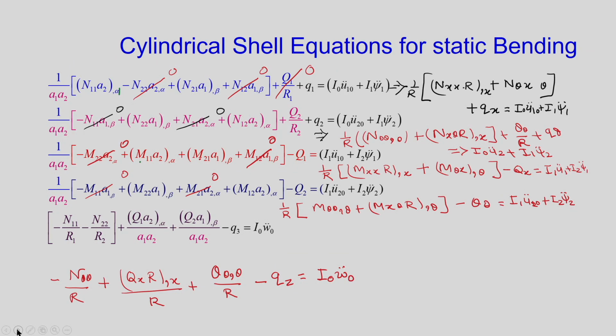Then can we convert our governing equations to the present case? So if we talk about the first governing equation, so 2 comma alpha and 1 comma beta, the derivative of Lame parameters is going to be 0, and these two terms will contribute in the first case. So we have written the non-zero value of this, and the dynamic term is also taken because later on, in our 6th